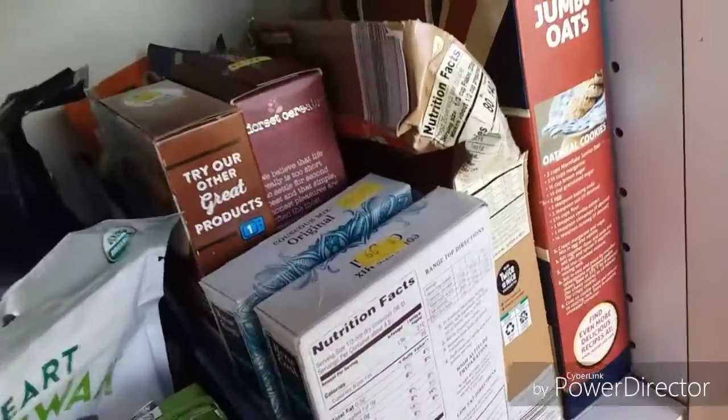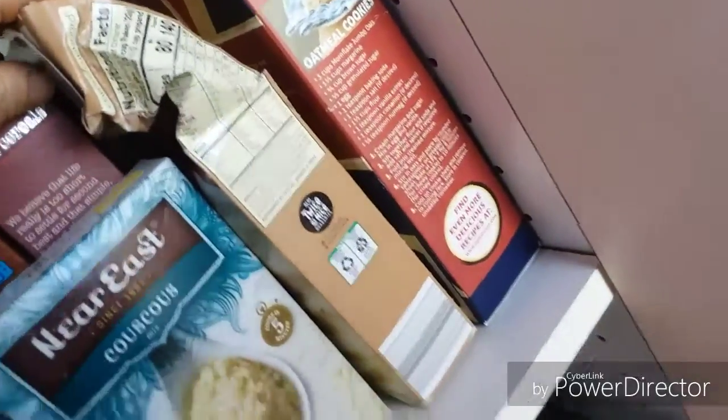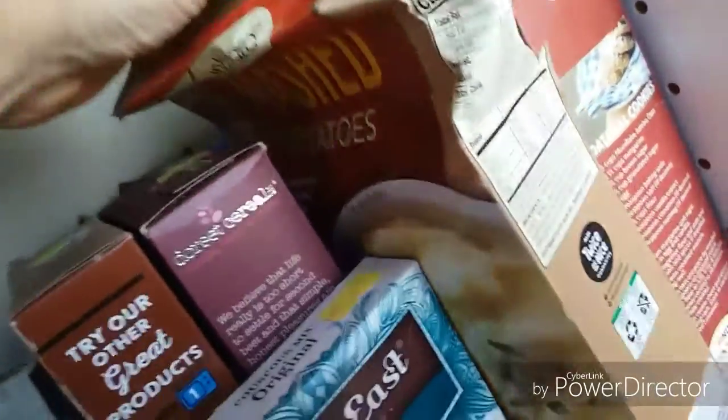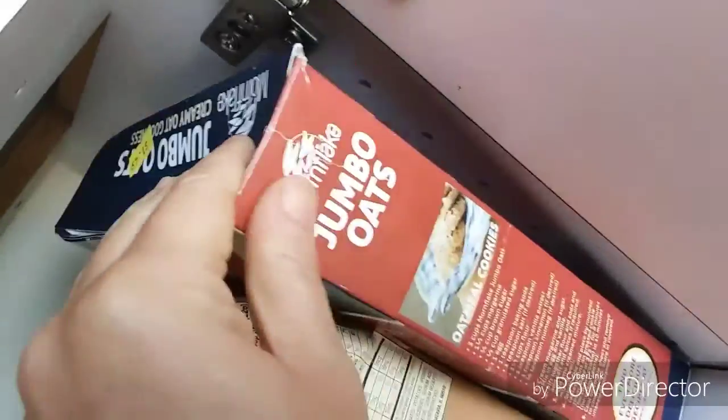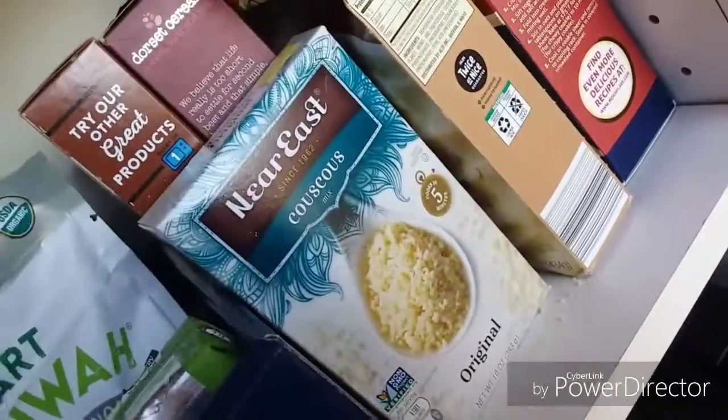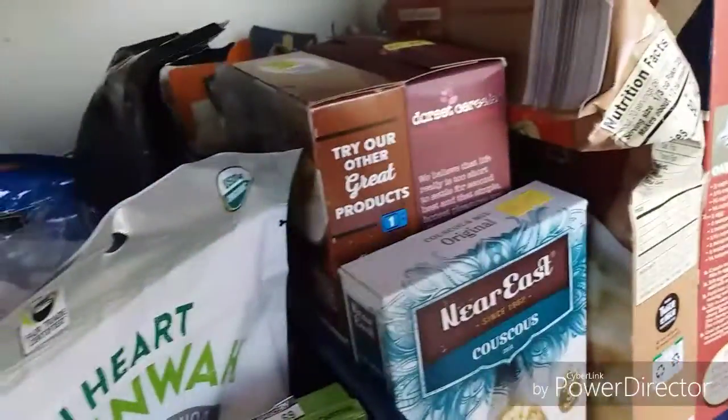And then on the side here, I'll have a bunch more. I have minute rice. This is an oatmeal cereal thing. I just dropped the couscous. Oops. Mashed potatoes. These are instant mashed potatoes. And just plain oatmeal. And then you can see a box of couscous. And there's another one before I dropped it. And so then back here,